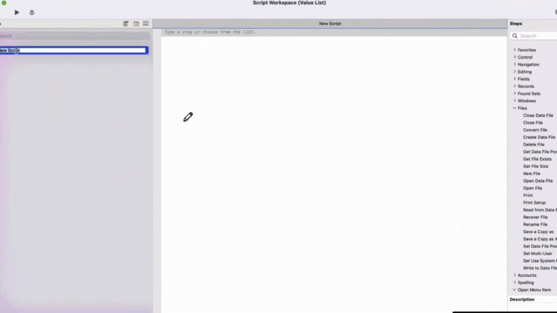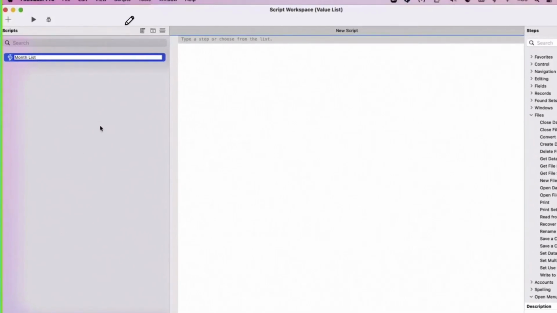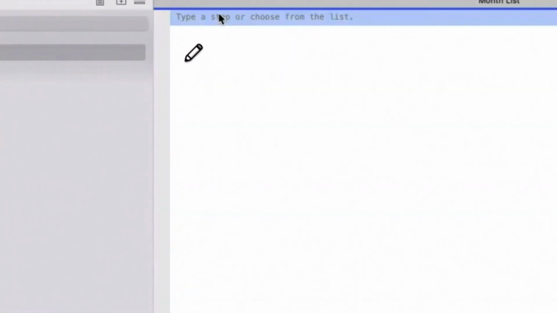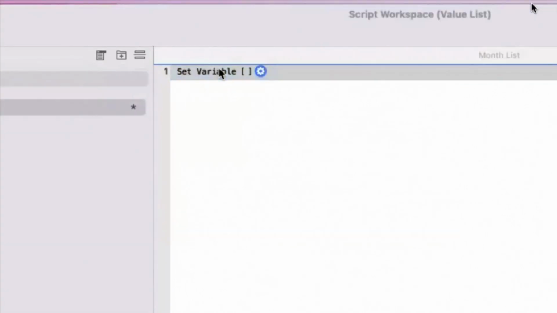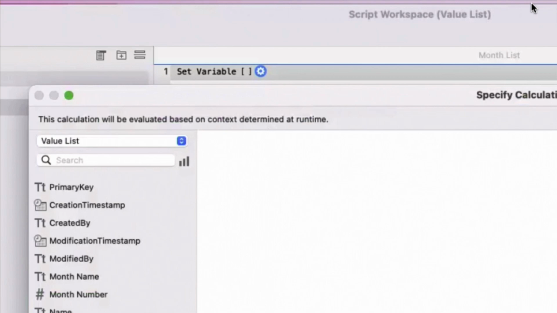So, month list. I'm setting a variable, month names, and what this is, is the value list items of my month. So instead of creating January, February, I have it. So this is my list, right?